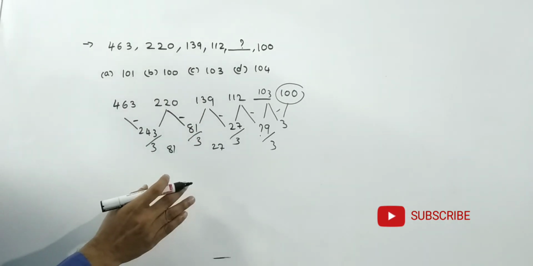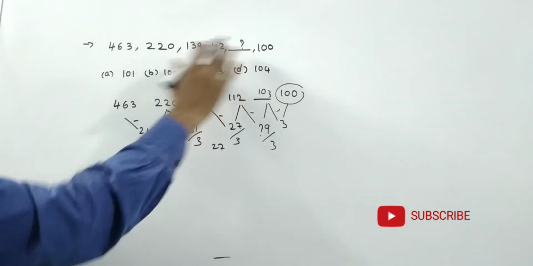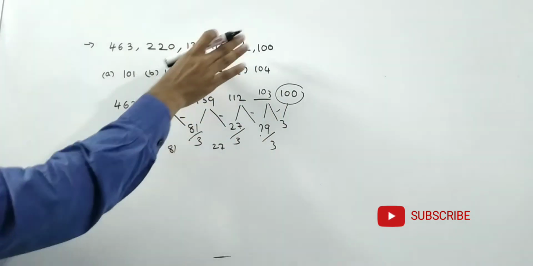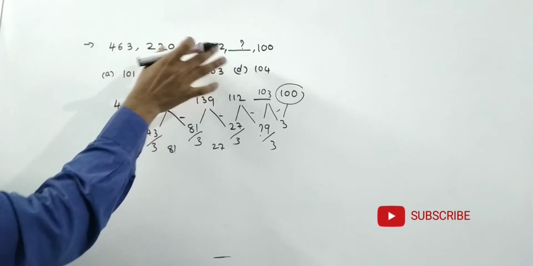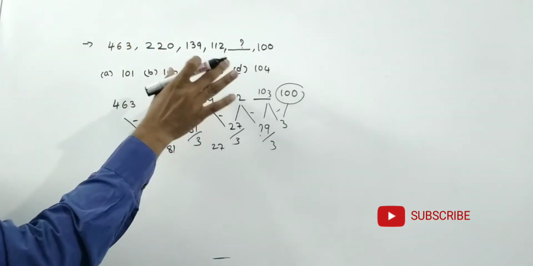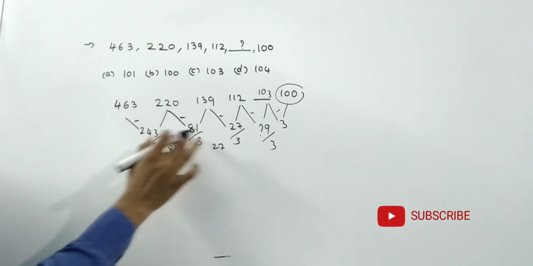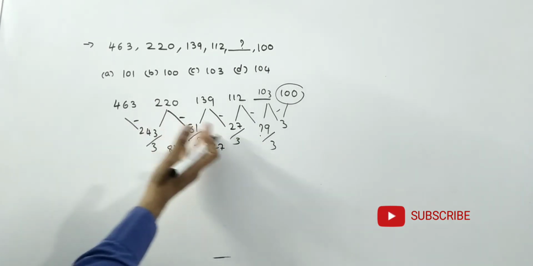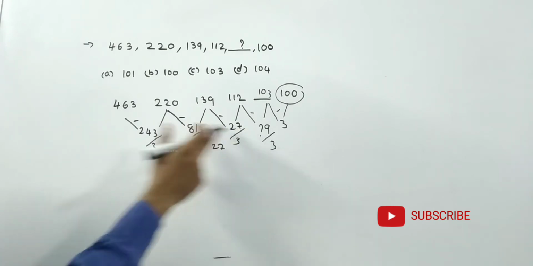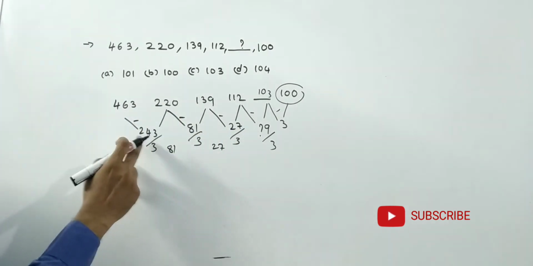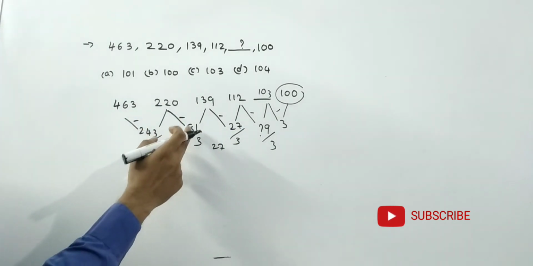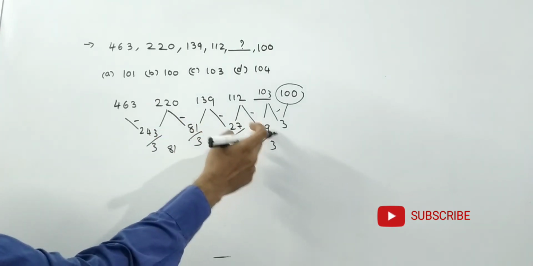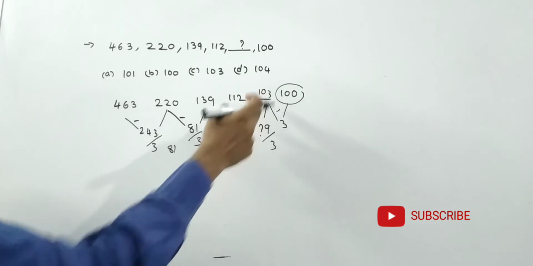Is there anything special here? Nothing is there. Just find whether these numbers are nearer to any squares or cubes. No. Are these multiples of the previous number? No. Go for the difference. I have found the difference. 243, 81, 27. If you practice more, definitely by seeing these numbers we will get the logic. 243 by 3, 81. Again 81 by 3, 27. 27 by 3, 9. So 112 minus 9, 103.